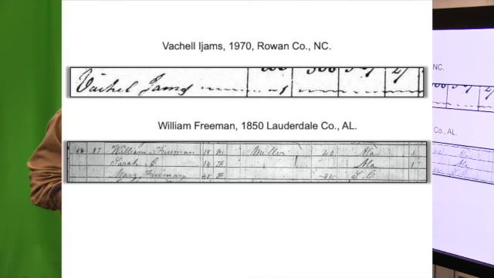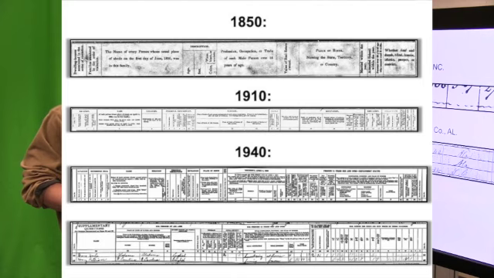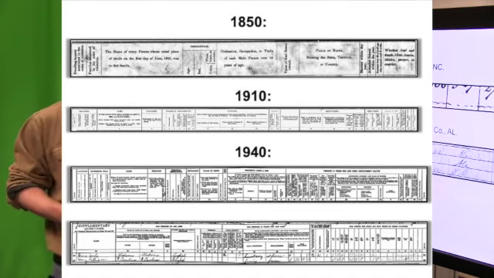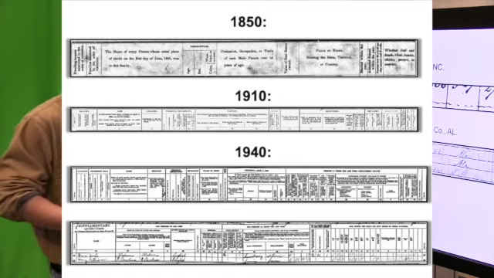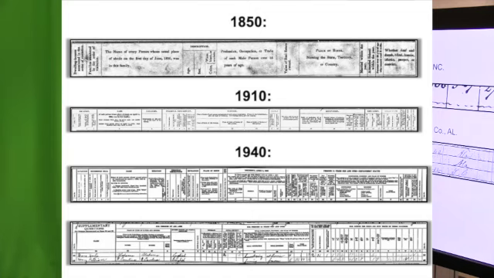Beginning on June 1st, 1850, U.S. censuses recorded the name, sex, and age of every free person, black and white, in the U.S. They also listed the territory or state of birth of a person, as well as whether couples were married within that census year, which was July 1849 to June 30th, 1850. They also listed the value of their real estate that they owned, and the profession of each person that had a job. You can see William Freeman was a miller. You may not be able to read that. And any persons over 20 who couldn't read or write, and I think William couldn't read or write.